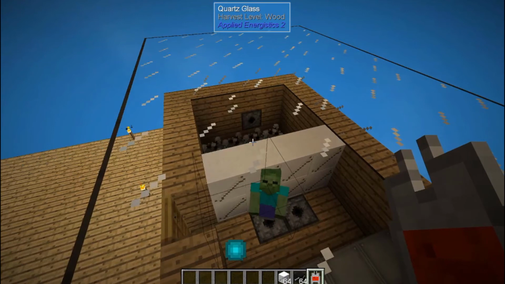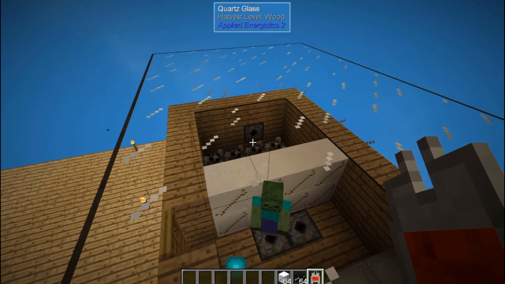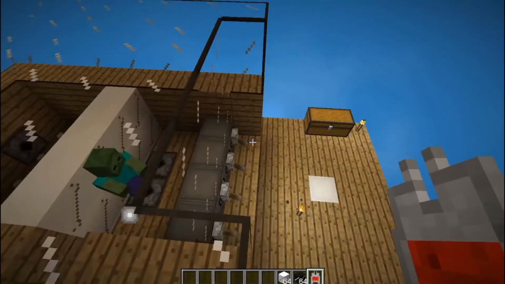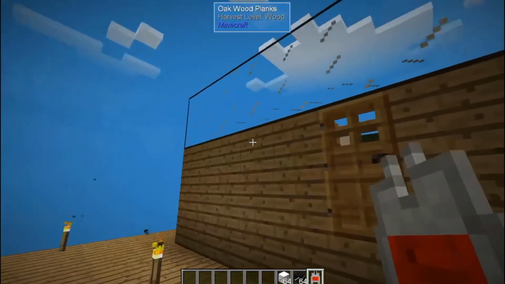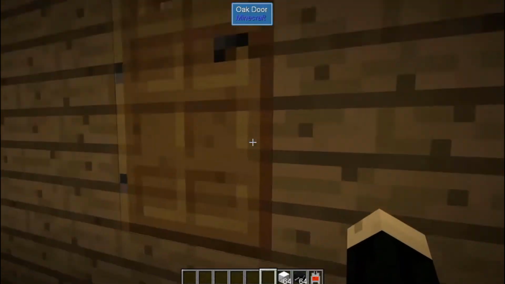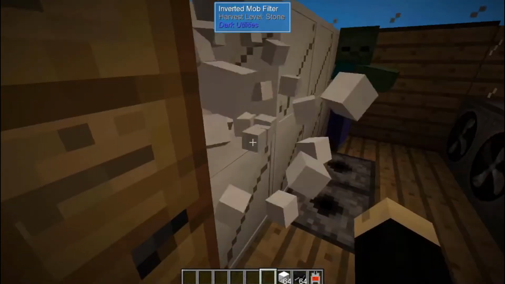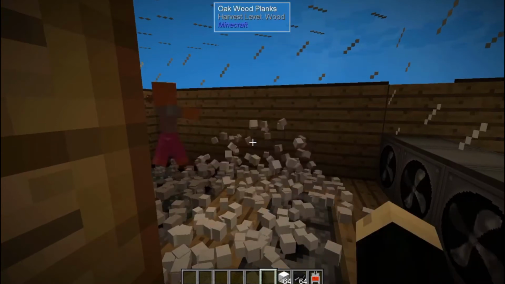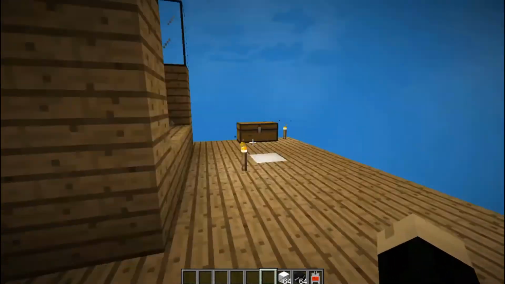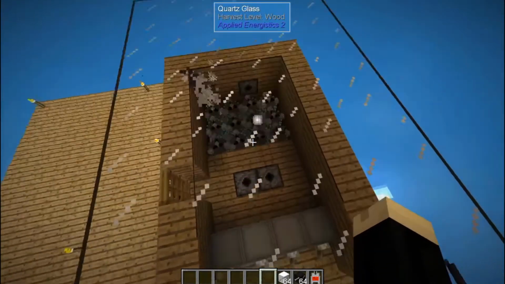Maybe you want to use them as a gateway or as a door to your house or something. So that way you're the only thing that can pass through that doorway. You don't have to worry about animals or any type of mob coming through there. You can just go ahead and walk through yourself. So that's just one of the many uses for these blocks. But they can be pretty handy depending on what you're looking for,